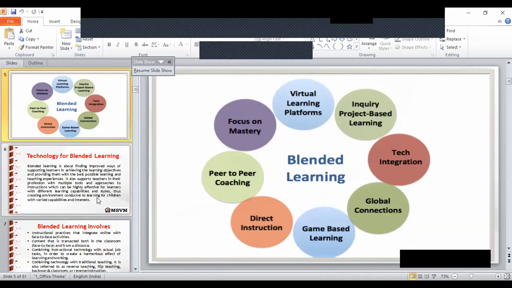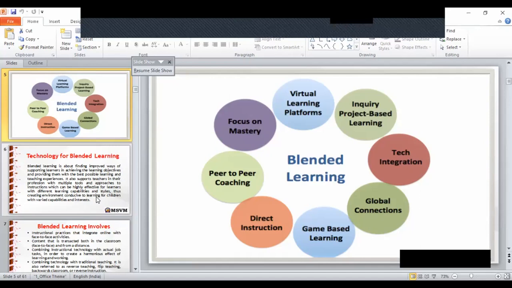As we know, blended learning includes the virtual learning platform, inquiry projects learning, tech integration, focus on mastery, peer-to-peer coaching, direct instructions, game-based learning. As we know, we are also on this platform due to the technology.